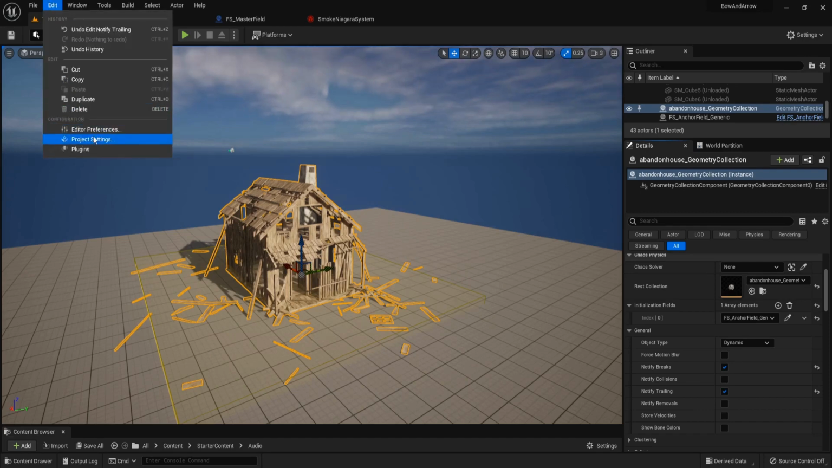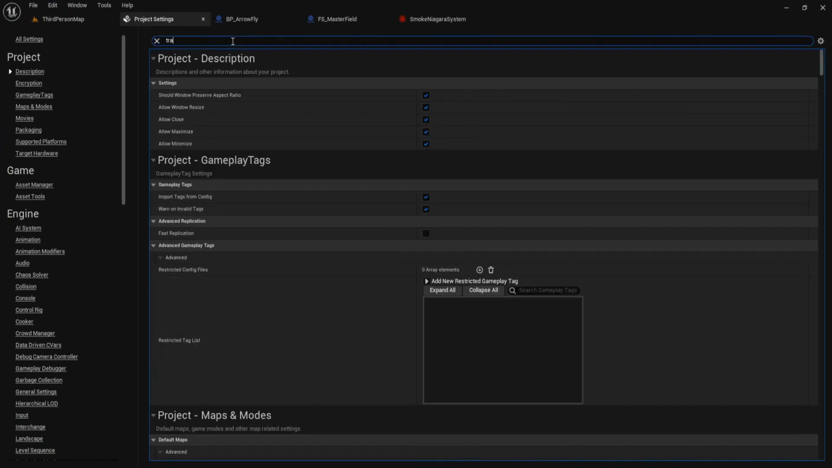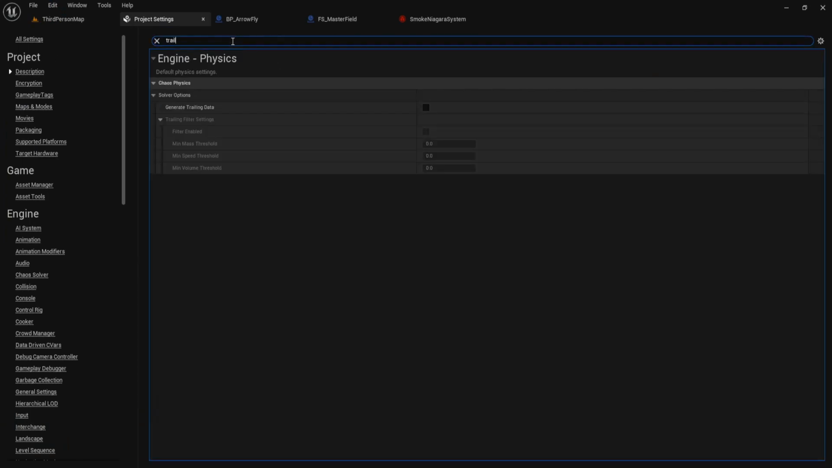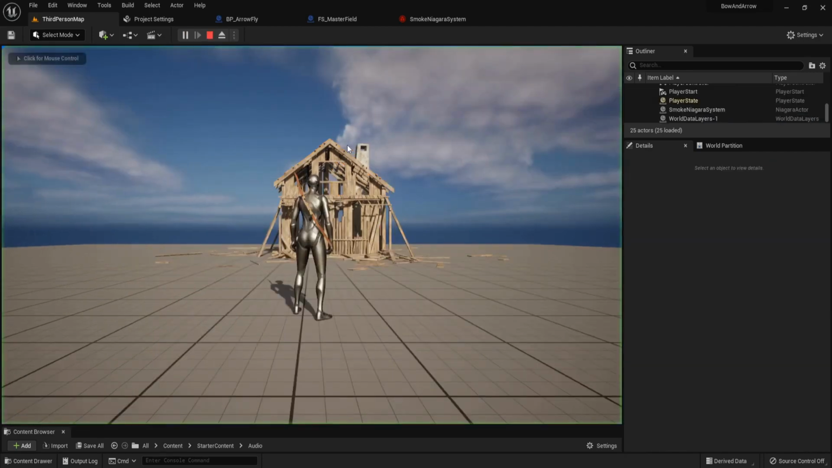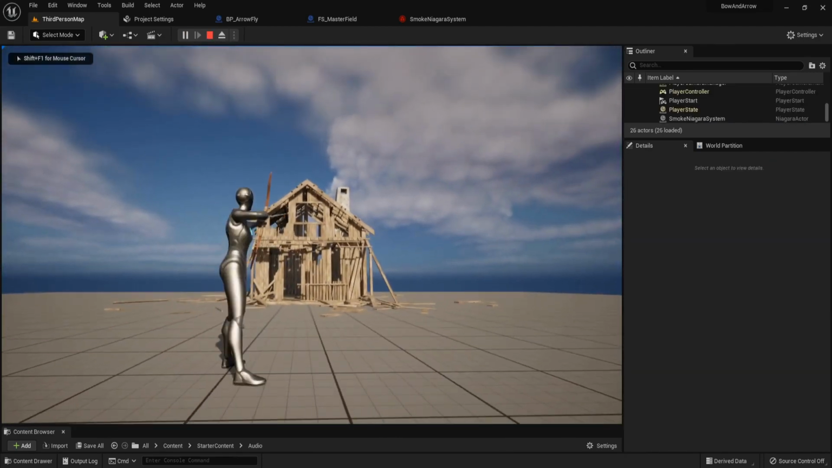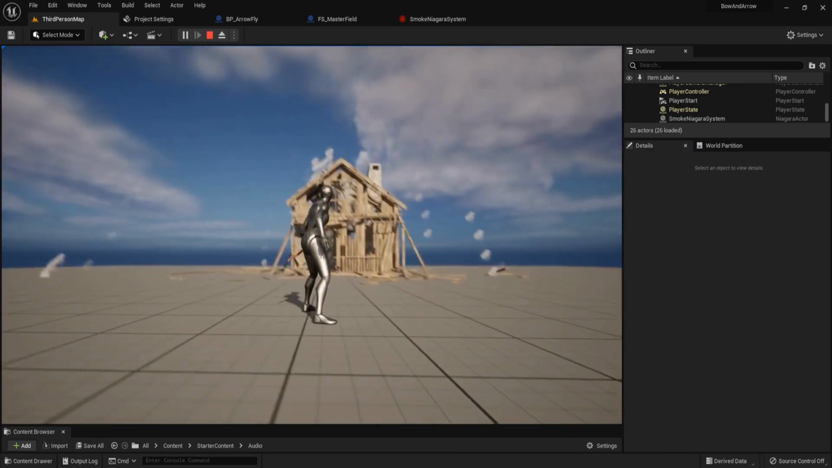Go to project setting and search for trail and set this generate trailing data to true. Now let's play test. Let's shoot the arrow. It's working,